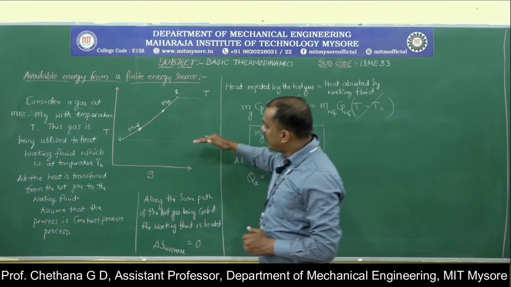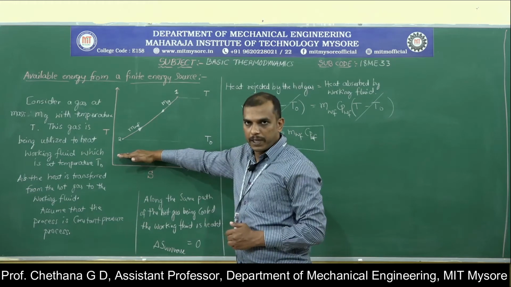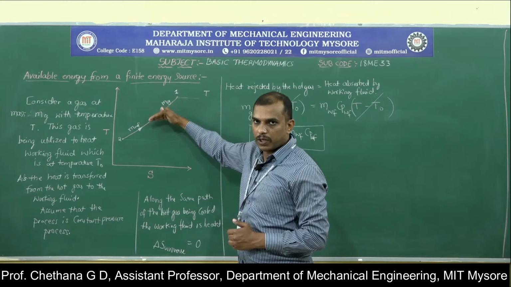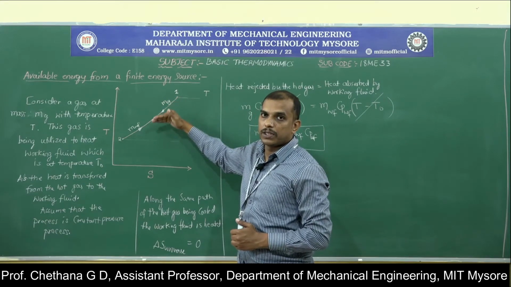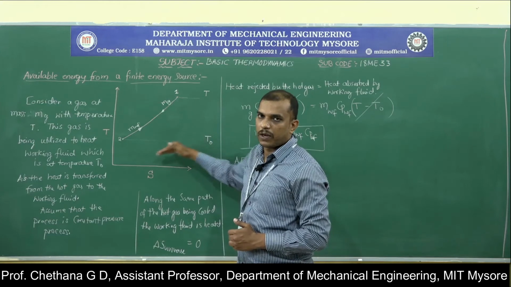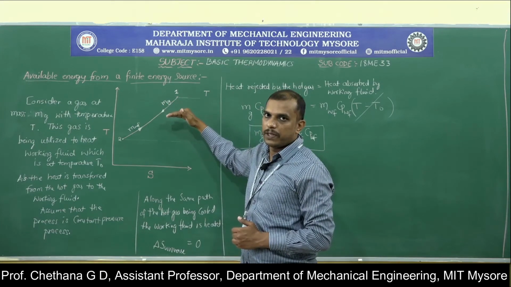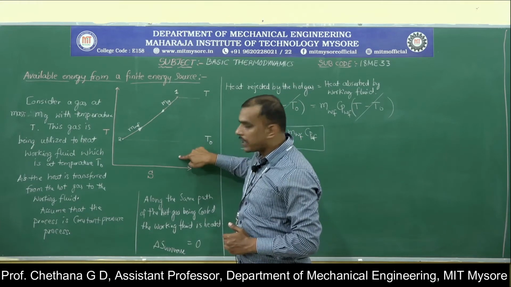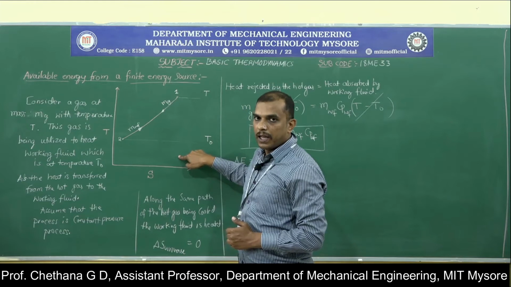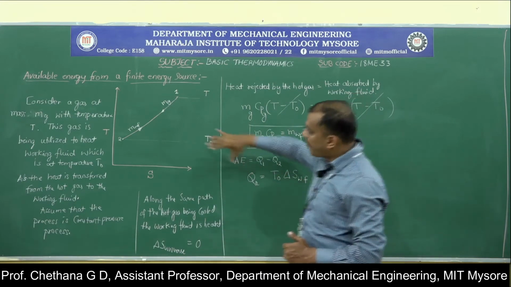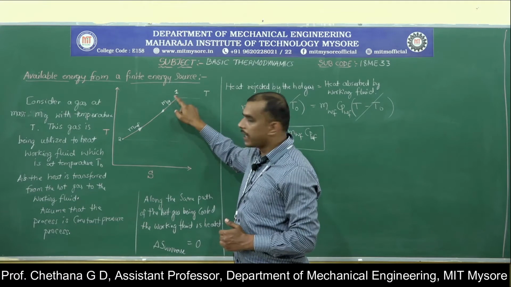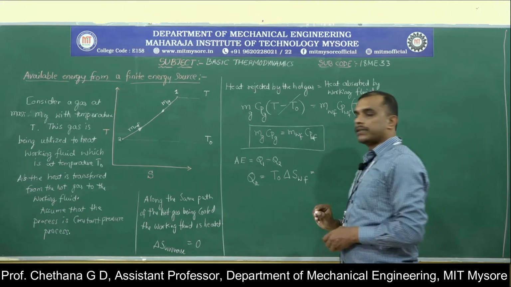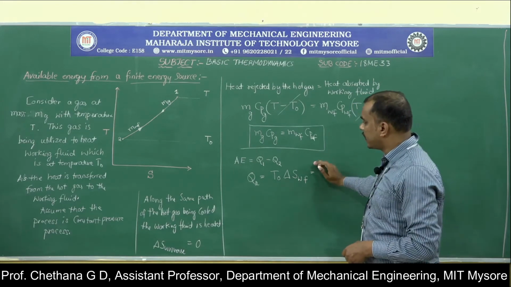Okay. Now, T naught will be what? The working fluid will be here. You forget about the way by which the heat is transferred to the working fluid. Working fluid is the one which is going under the cycle. That means working fluid will be the one which operates within the cycle. So T naught is the temperature of heat rejection, and delta S of working fluid is what we are interested in, not the delta S of hot gas. Now, T naught into delta S of working fluid, we will get the Q2.